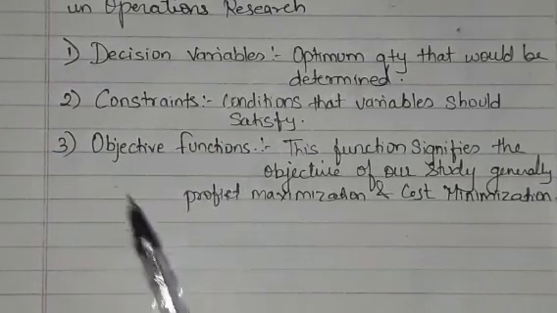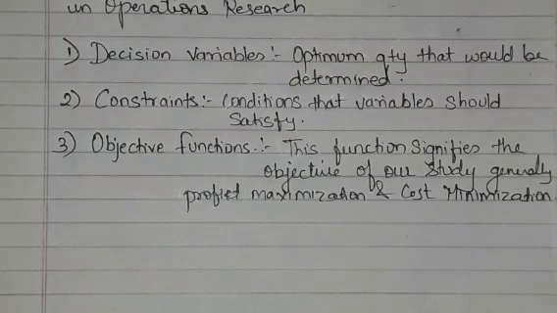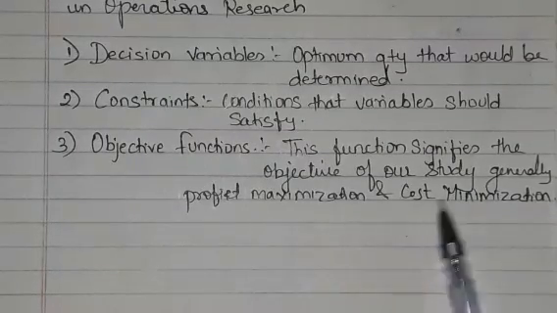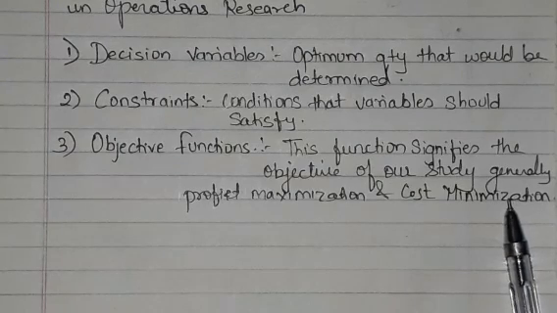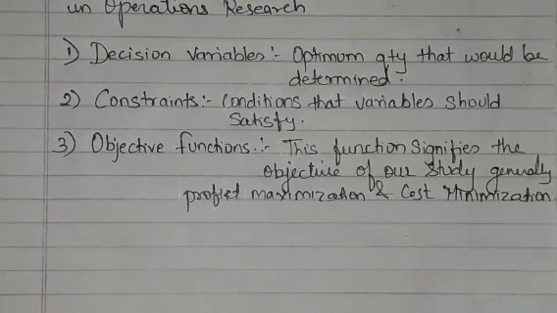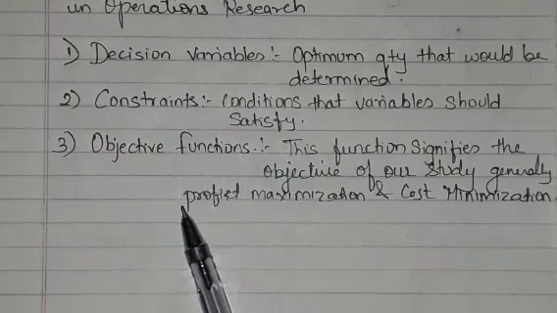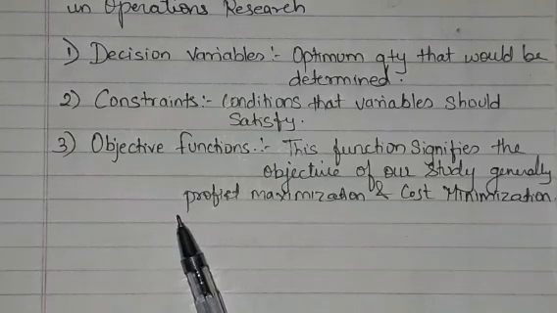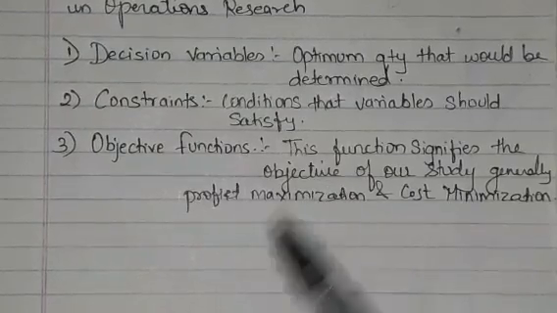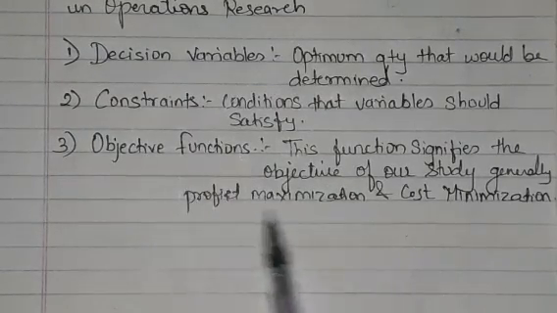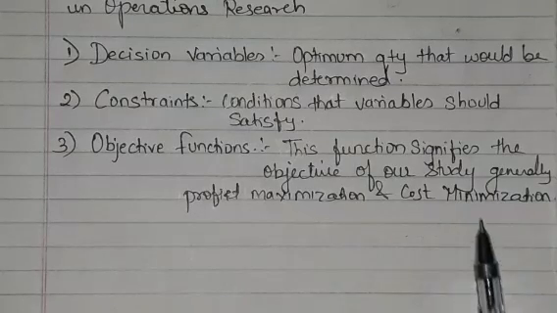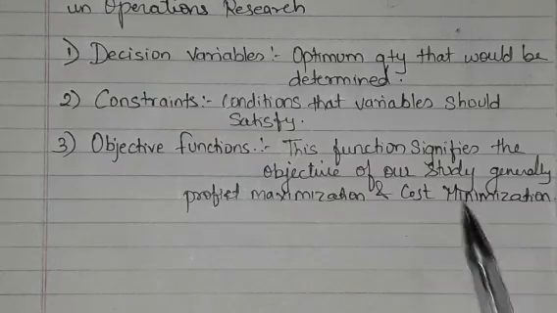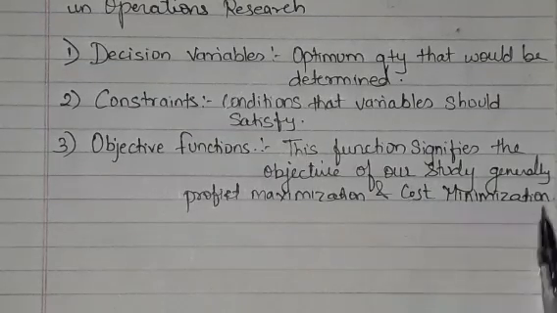And what would be my objective? Objective is the function signifies the objective of our study, generally profit maximization or cost minimization. In my case, the example which I have given, being a manufacturer, what should be my objective of this study would be the maximization of profit, right? So what I'm finding is amount of product A and product B I should make in such a way that my profit is always maximized, right? Cost minimization where happens, where I need to reduce the overhead cost of my factory, right? So those types of problem comes under minimization, right?